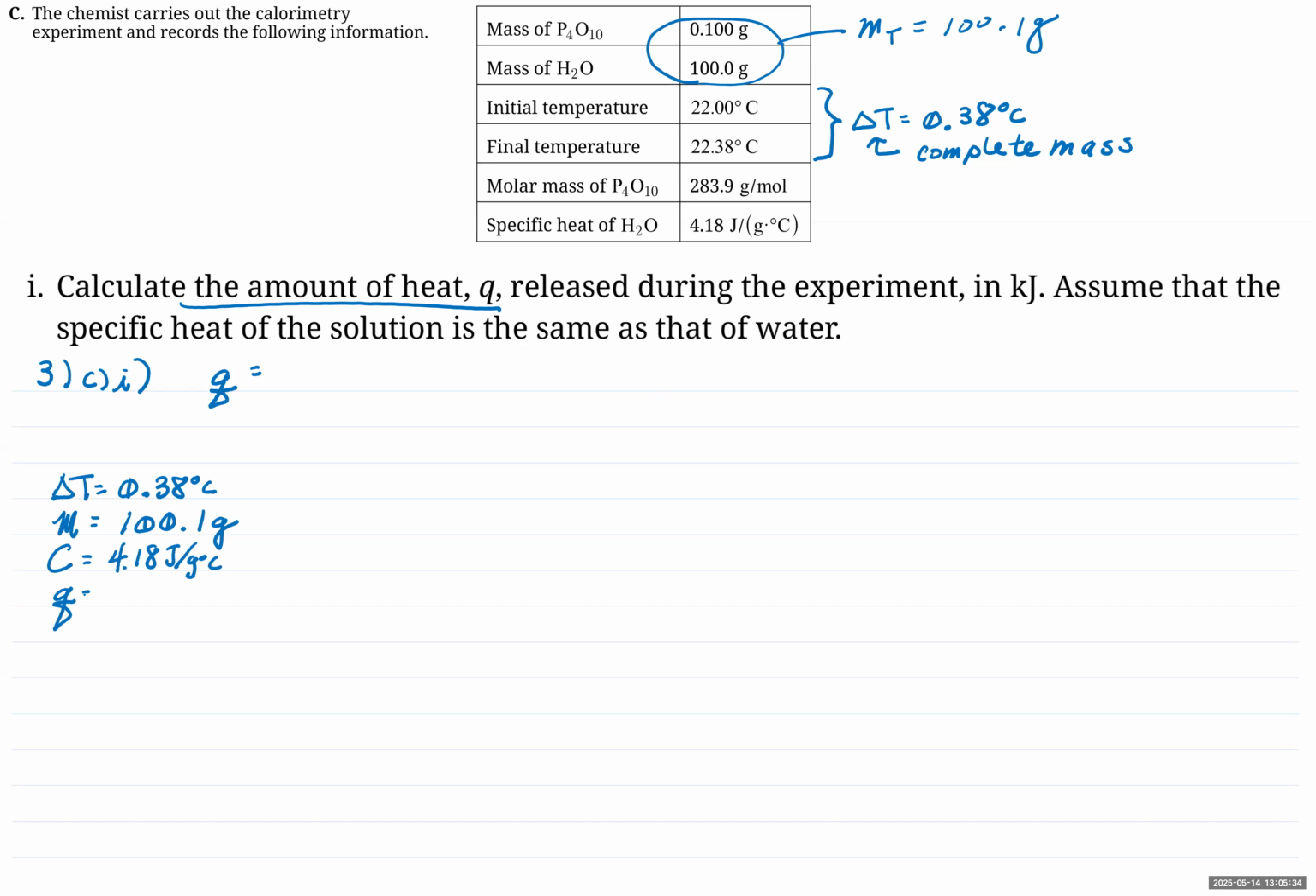And then we have our Q value, which is our unknown. So let's go ahead and solve this, right? So we know that Q equals MC delta T is the equation we're going to use. And we got our mass is 100.1 grams. We got C 4.18 joules per gram degree Celsius. And we got our delta T value, which is 0.38 degrees Celsius. We know these values cancel out, and that should give us a value of,